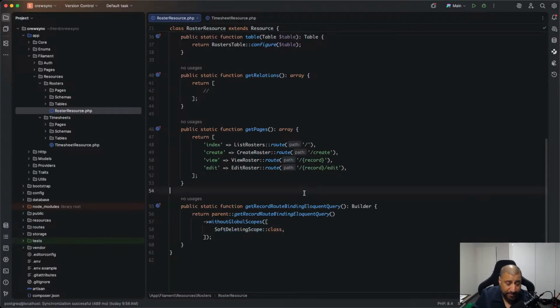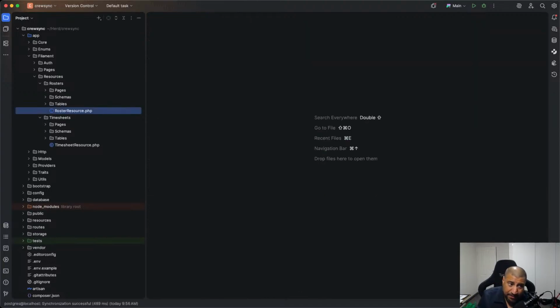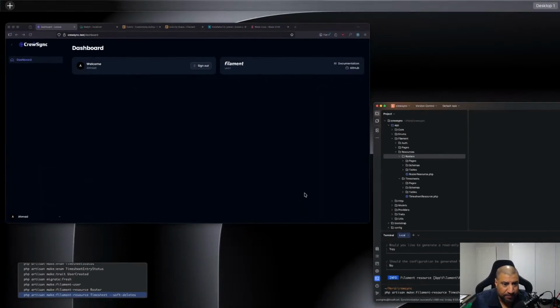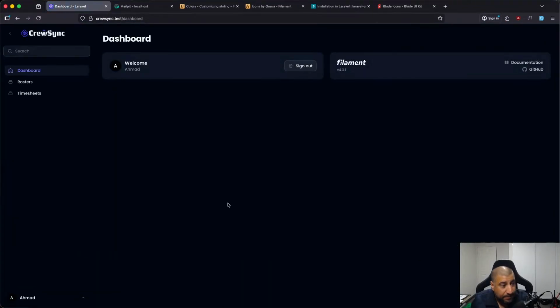It does, because I think it actually detects the model, and since it sees it uses soft delete, it will auto create. So yeah, I think that soft deletes is not always required. If you already have it, use soft delete. All right. Anyway, so now we come up with two new